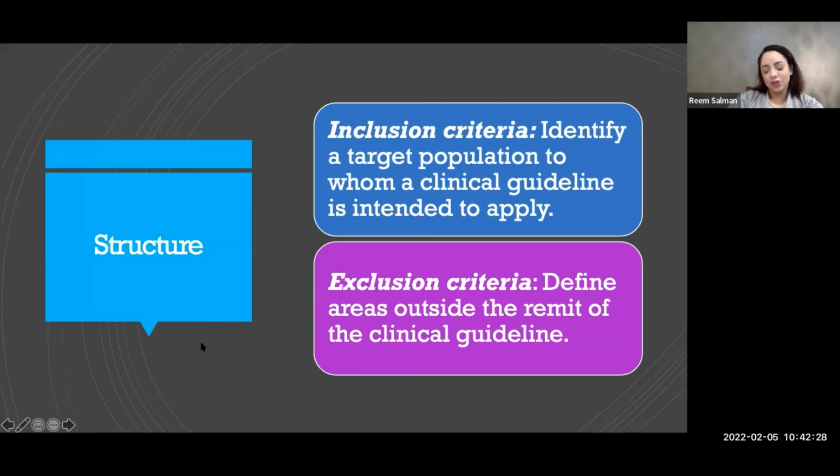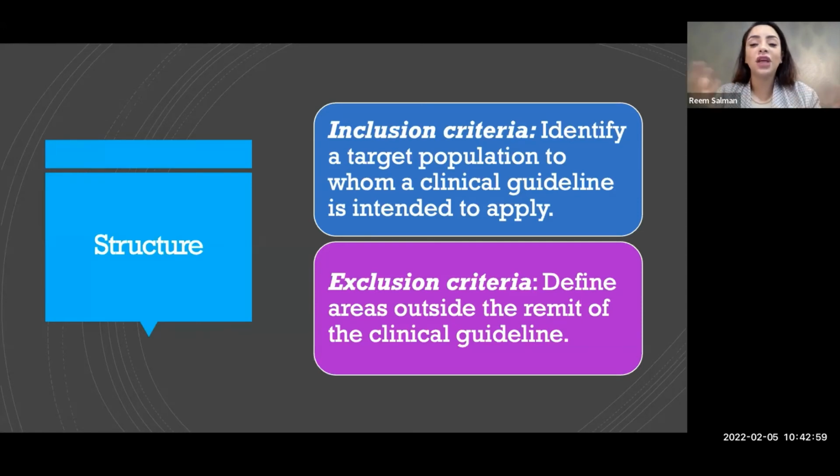Okay, we're still in the structure. So now you have basically selected your sample. So let's say I am going to audit the use of a certain antibiotic, let's say co-amoxiclav again, in children under the age of 12 who are admitted to the hospital, to, for example, St. Thomas Hospital, from the 1st of March to the 1st of April, let's say. And in that case, my data is going to be prospective. You can always audit retrospective as well.